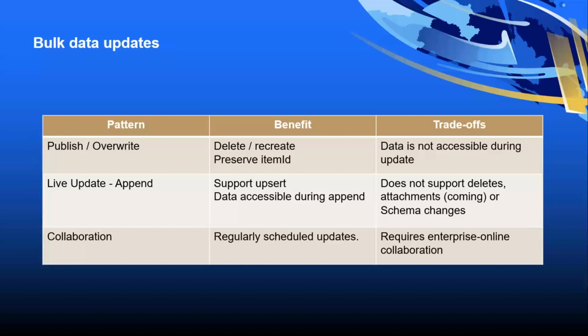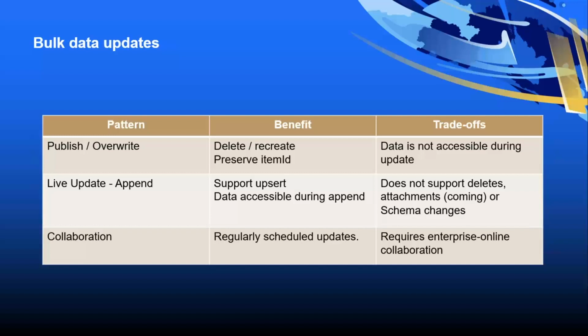So if you have a large layer and you're performing overwrite, that downtime can sometimes be significant. Append, your data is live during the update, so it's never not available. You can add features or add additional records, or you can update the features in place. The data is live, but it does not support delete, so you can't delete features, so there's a limitation there as well. The ability to include attachments as part of append is coming,